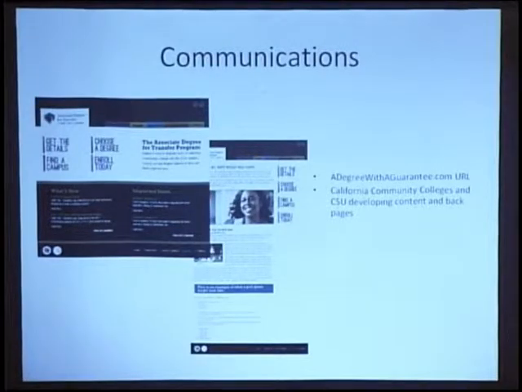Embedded in this website will be a database, much like you have here on this grid, that will allow the user to query the database in many ways to map out a potential transfer strategy based on campus preference or major preference. There'll also be a lot more information about the details of the degree program. And as students successfully transfer to CSU, we're going to have success stories that we'll post on there to help market the program even more.